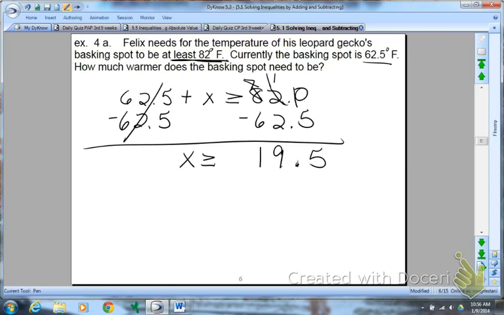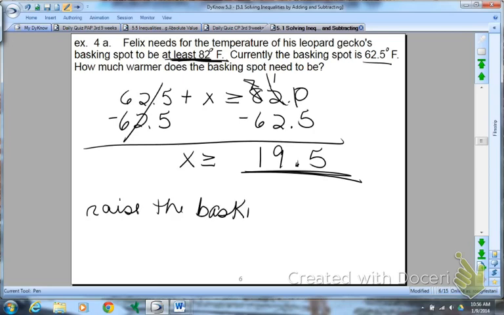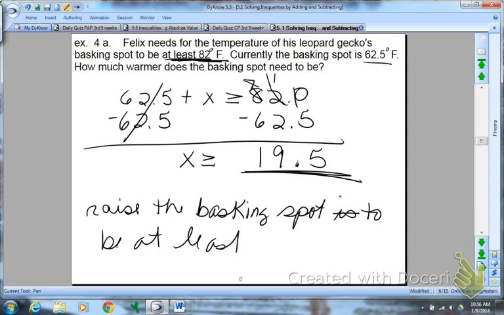So we need to raise the basking spot to be at least, or, sorry, we need to raise the basking spot at least